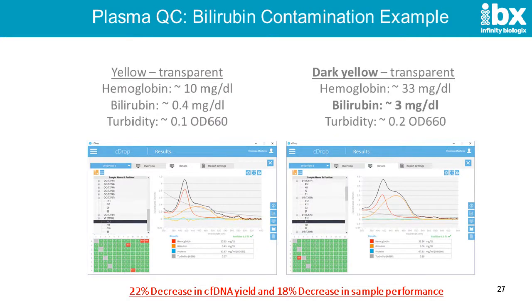So what does this mean? Here are two examples, actually, of how plasma QC can affect some downstream applications when you're dealing with plasma. And we do a lot of work in cell-free nucleic acid, and it's really critical that we get the highest quality cell-free nucleic acid from every plasma sample for a number of reasons, largely given that we want to have